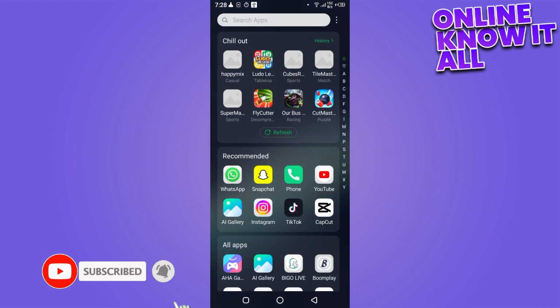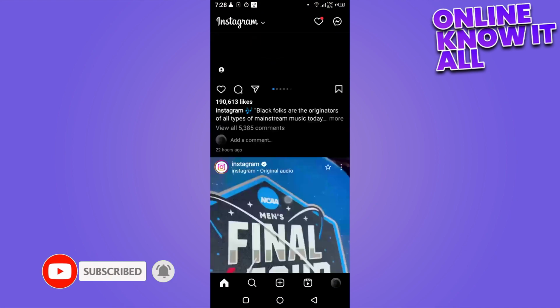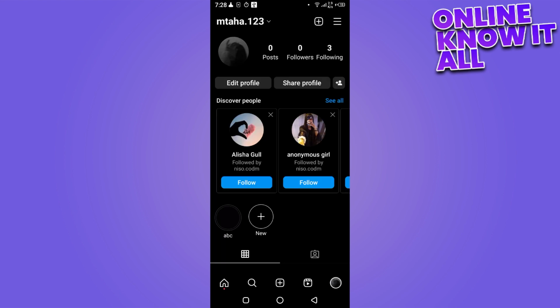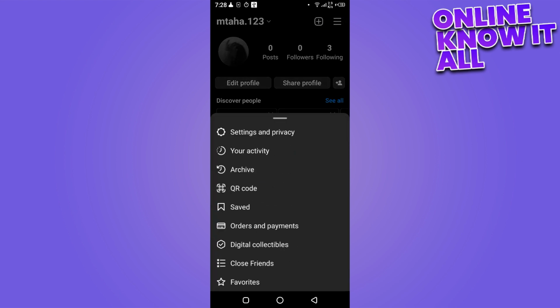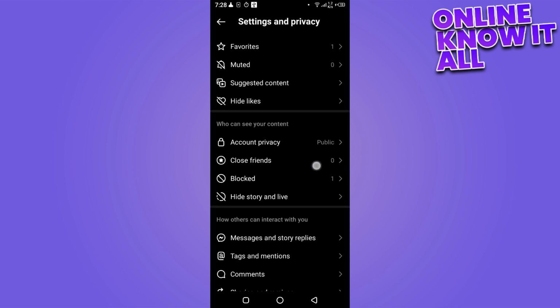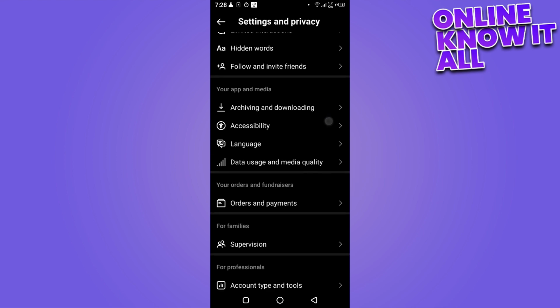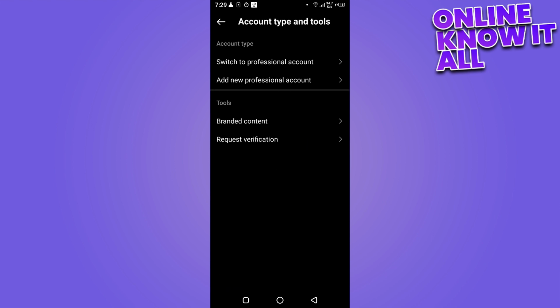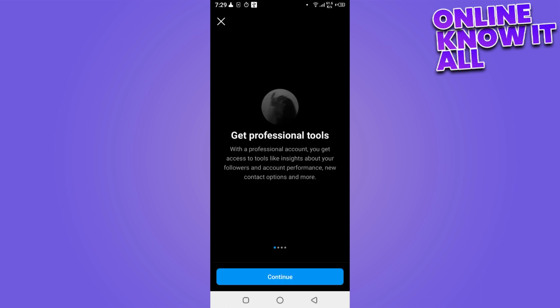First of all, you have to go on your Instagram, and here you have to open up your profile. Now once you're in here, you have to click on these three horizontal lines and go on the settings and privacy. Now you have to scroll down, and here you have to find out the account type and the tools that are for the professionals, and here you have to switch your account to your professional account, and here you